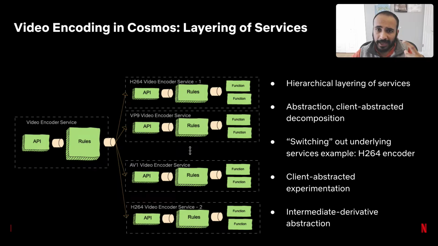Cosmos supports decomposition and layering of services. The resulting modular architecture allows teams to concentrate on their area of specialty and control their API and release cycles. For example, the Video Encoder Service is the general purpose workflow-facing API service that moderates incoming requests and then channels them to the appropriate leaf services, which are encoder specific, such as H.264 encodes or AV1 encodes or ProRes encodes. Such hierarchical layering of services allows us to flexibly use the services in order to serve the business needs while abstracting the complexity of the workflow from the clients.